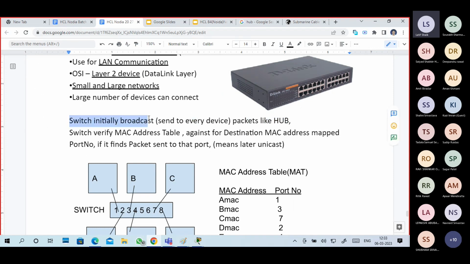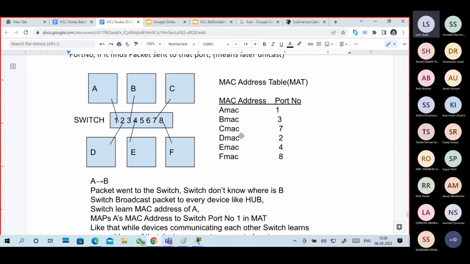So the switch initially broadcasts, meaning it sends the packet to every device connected in the network, like a hub. The switch verifies the MAC address table against the destination MAC address, which is mapped to a port number, and if it finds it, it sends the packet to that port number. That means unicast.